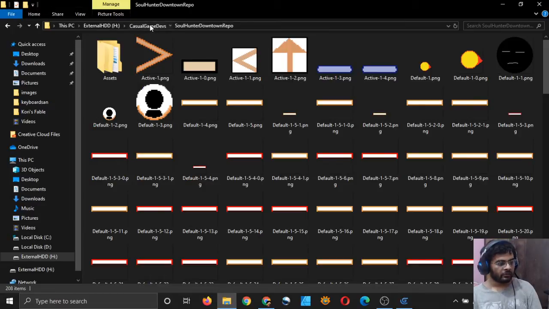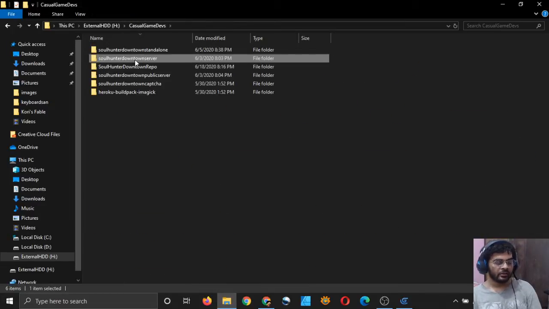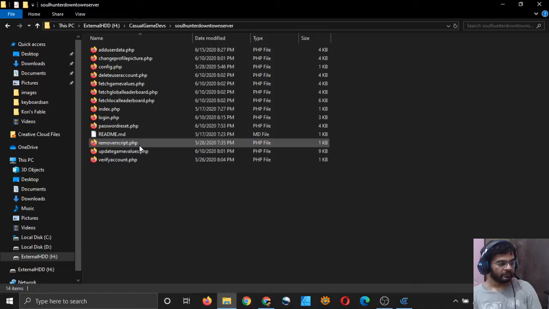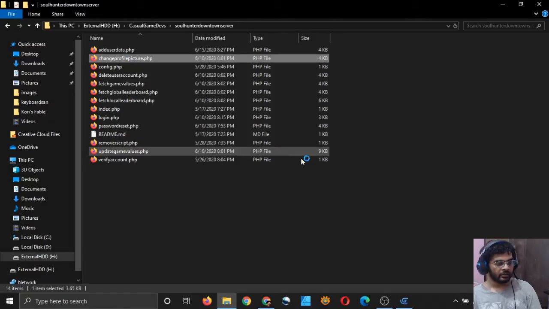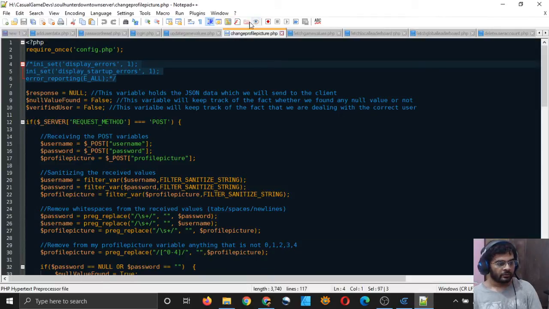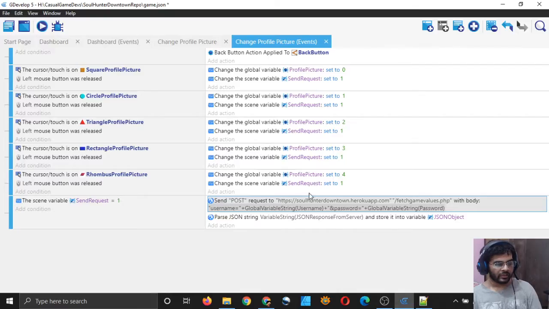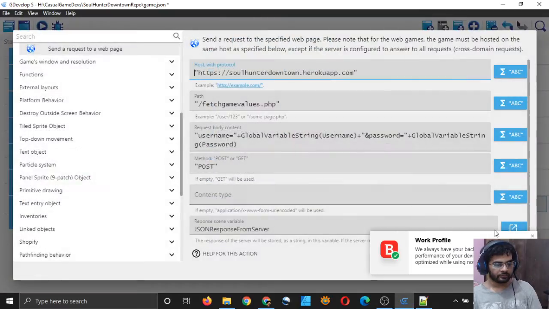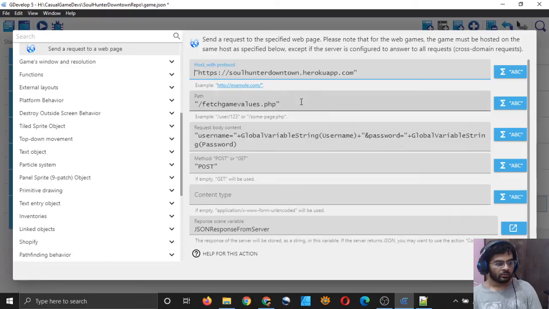We will send a request to our profile picture changing script, and that script is change profile picture. Let me open it and see what it requires. So this script requires us to send it a username, password, and profile picture. So that's what we will send in our request, right? So the name of the script is change profile picture